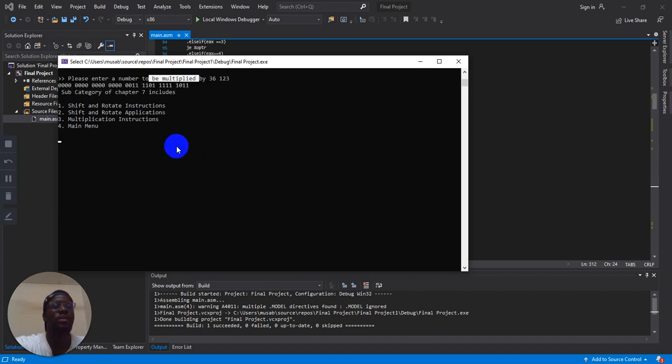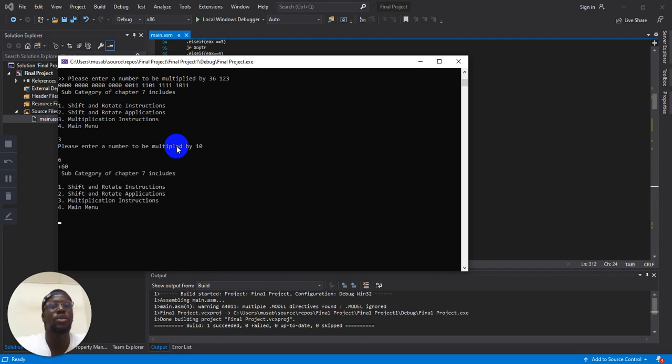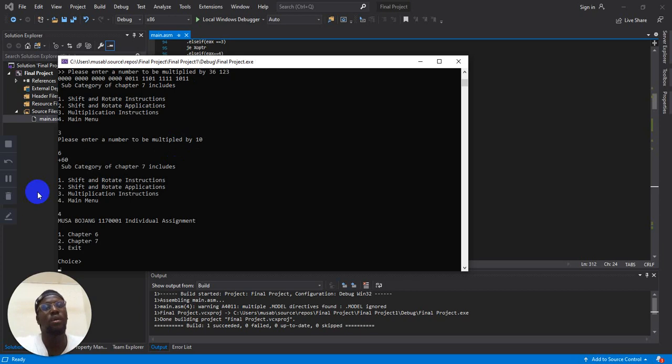And the last but not the least is the multiplication instruction. Specifically, we are using MUL. There is IMUL and division, and yeah. So there are several for signed and unsigned. So this one is for unsigned. So whatever number we enter here will be multiplied by 10. In this case, if I enter 6 times 10 is 60. So we should have 60 as our answer, and 4 to go back to main menu, and it only has